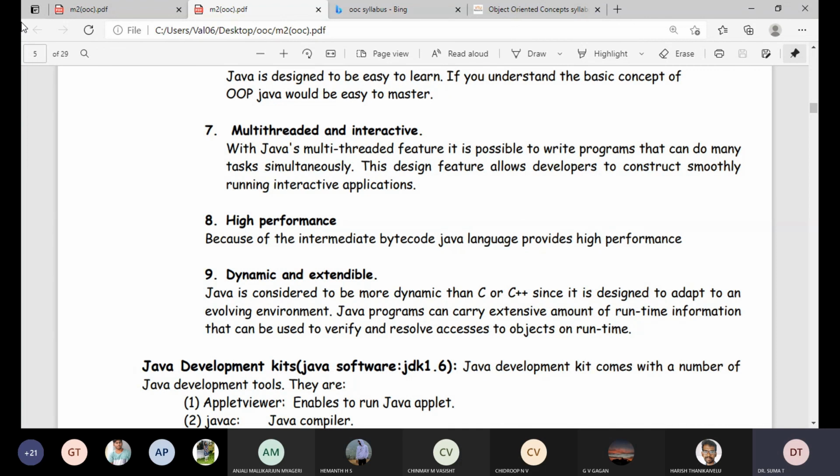Dynamic means there are so many problems that come across during the execution of programs, which are going to be solved using extensive Java programs. So that is why it is more